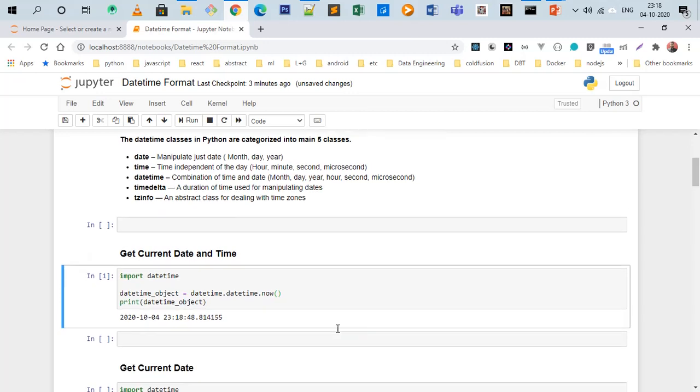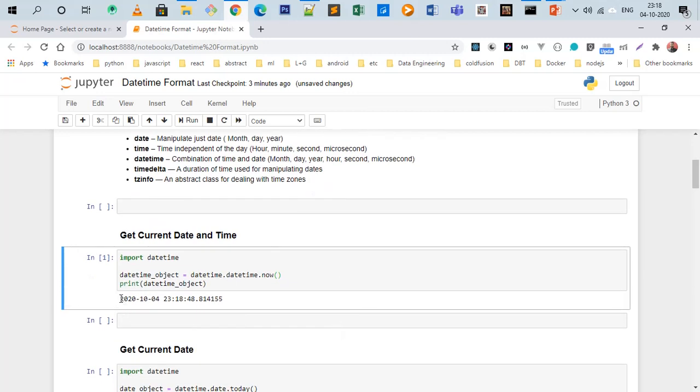That's it. From left to right it prints first the year, then the month, then the day, then the hour in 24 hour format, minute, second, and microsecond. So it is very easy: datetime.now, and then simply print.